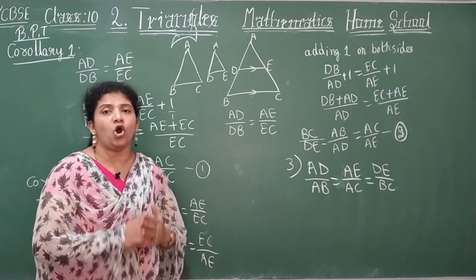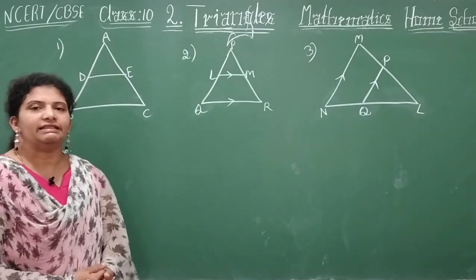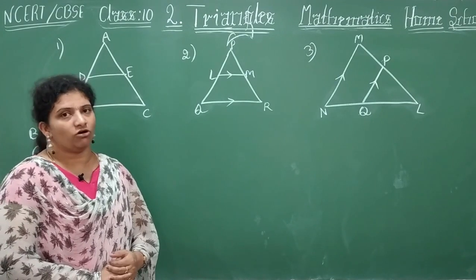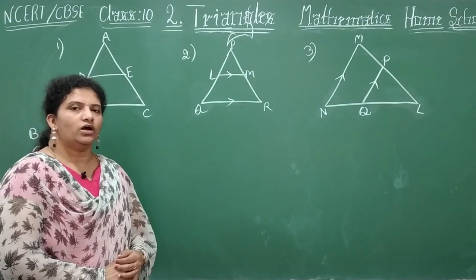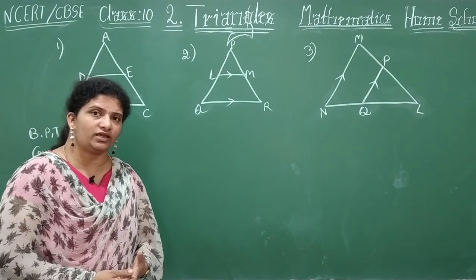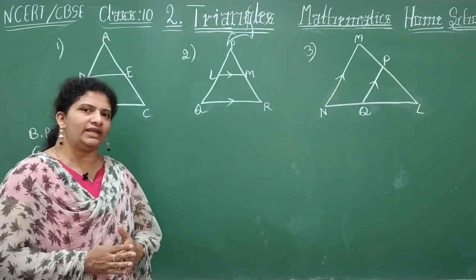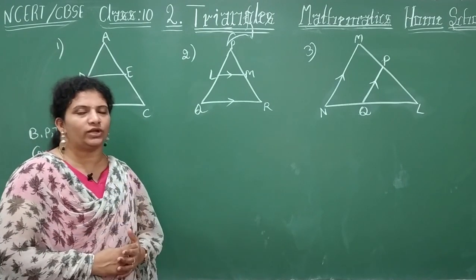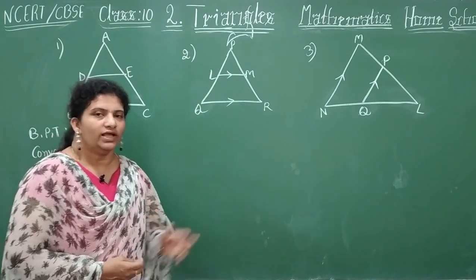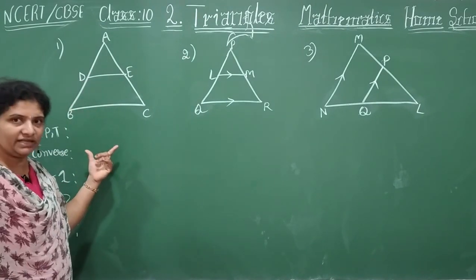So now all at a time, let us see with 2 or 3 figures. In this session, we have learnt about BPT, corollary, converse, all these we have learnt. But how can we prove ourselves? We know everything. So let us take 3 examples. If you are able to identify all what I have taught today, then your triangles chapter will become easy for you. Let's see the first example, same as what you have for your BPT, children here.